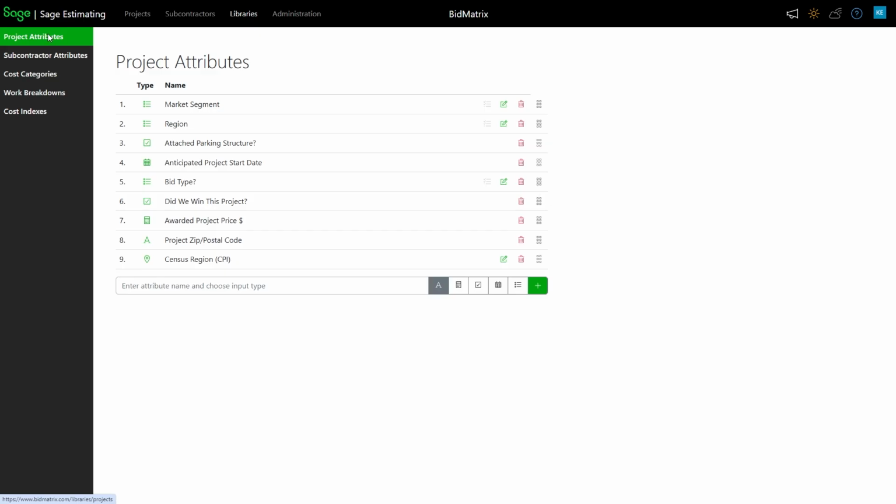Attributes are extremely critical because this is how the system knows. When I did that overview report, I was able to go through and say, based on marketing segment, what type of project this was. So I could say that this is a corporate building or this is a church or a school or something like that. And that's one of the leading things that the system is going to use to try to figure out what projects are similar to this project.